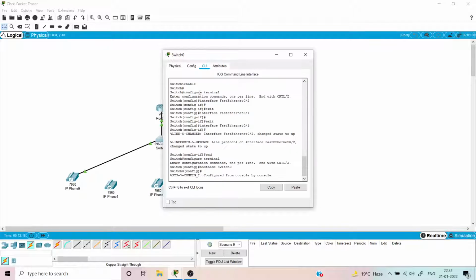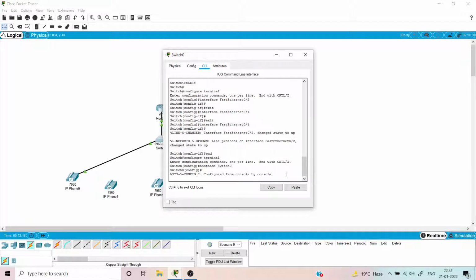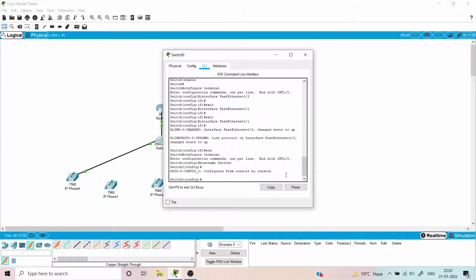Again, we'll go to its command line interface, and here it is already in the configuration mode, and here we will first do interface range. In which range are we going to interface? That is